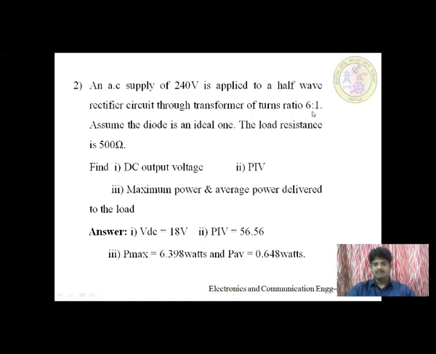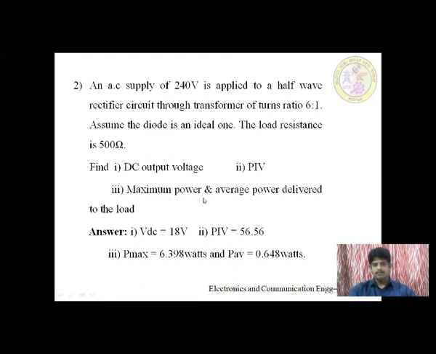We'll get the VM, and they have also given the load resistance, RL. So now we have the VM. By calculating this, we'll get the VM. So we have the equation for finding the VDC using the VM. So DC voltage can be calculated; the VDC and VM equation you have to use. Then PIV: we know that VM is equal to the PIV when the diode is connected in the reverse bias condition. So you will easily get the PIV.